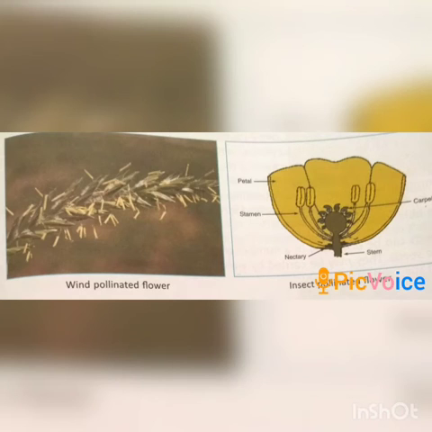Now, students, I am going to discuss fertilization. Pollen grains germinate when they fall on the stigma of a flower of the same species. That means after pollination, the pollen grains germinate on the stigma of the flower. A pollen tube is produced that reaches the ovule. The male and female reproductive cells called gametes fuse to form a zygote. This process of fusion of the male and female gametes is called fertilization. The zygote then divides inside the ovule to form a baby plant called the embryo.